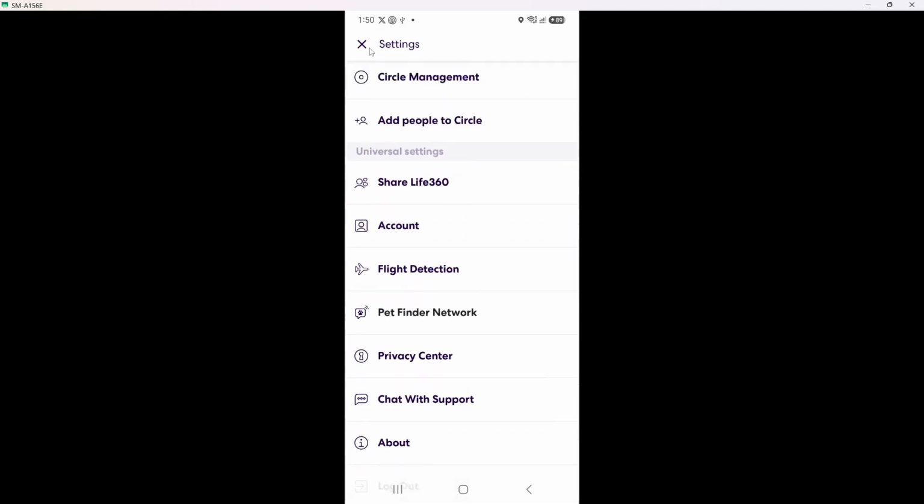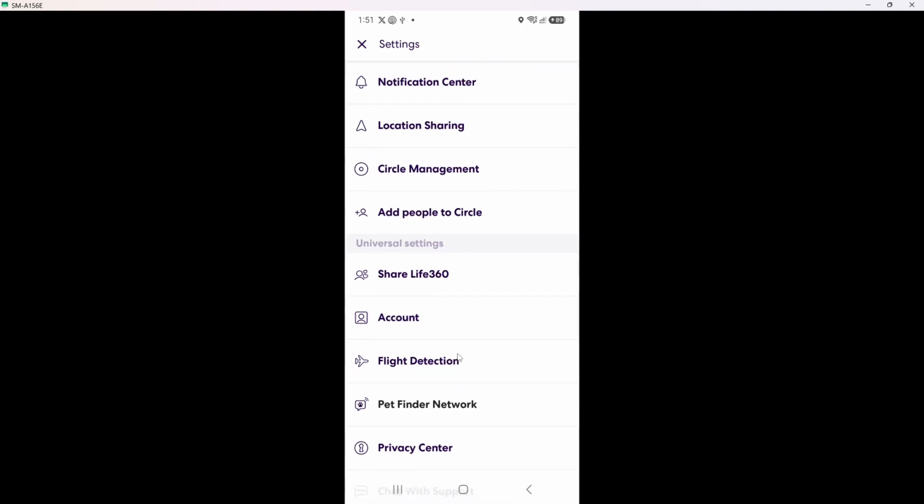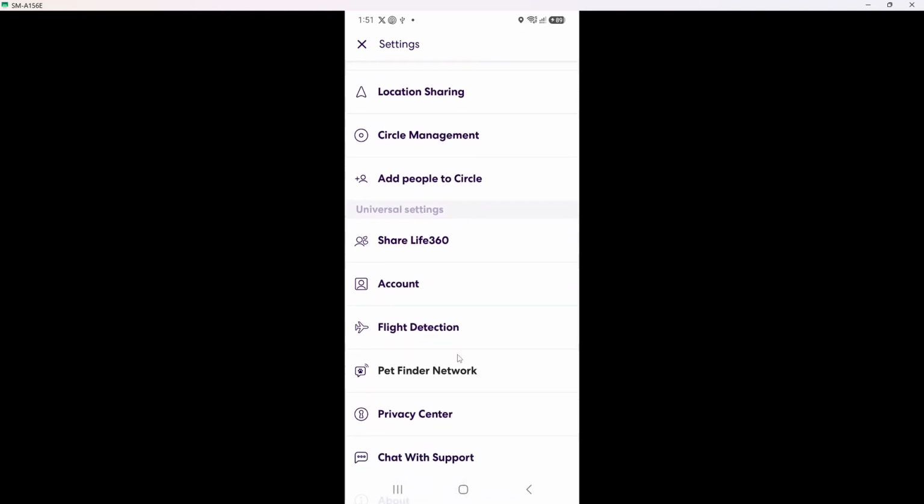After tapping the gear icon, you will be directed to a new screen filled with options. Take a moment to familiarize yourself with these choices as you will be adjusting several settings shortly. Now your next action is to find and tap on the Privacy Center option. In the Settings menu, you will see several categories, and Privacy Center is where you can manage your location privacy